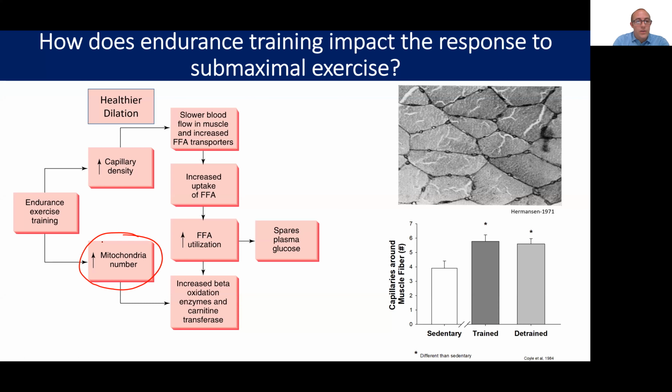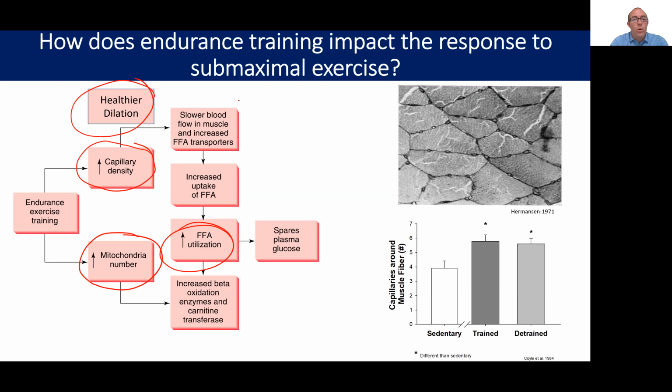One of the things is fatty acid utilization. The more mitochondria you have, the chemistry works out to be better at using fats. Also, as you have greater capillary density and healthier dilation of the arteries feeding the capillaries, you can